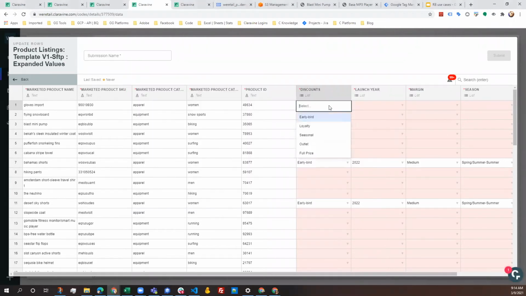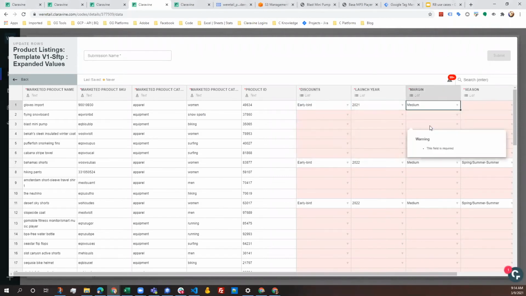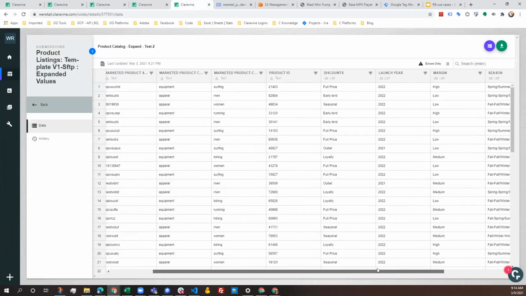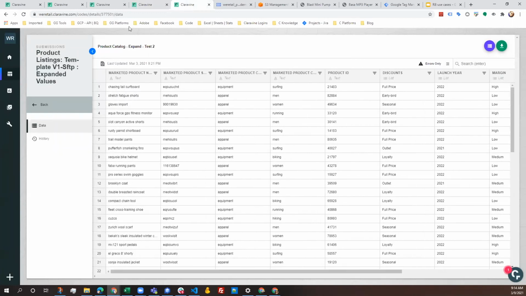So marketer comes in here, they start filling out whatever value that would define this. And of course, we can make this whatever fits RB's model. This is just using a retail environment. So after all these values are defined, we're going to submit this and basically get a file that looks like this. Now on submittal, and you can see everything's defined.